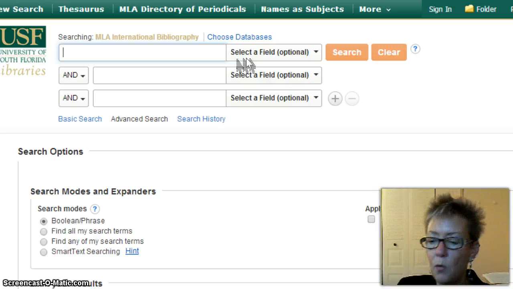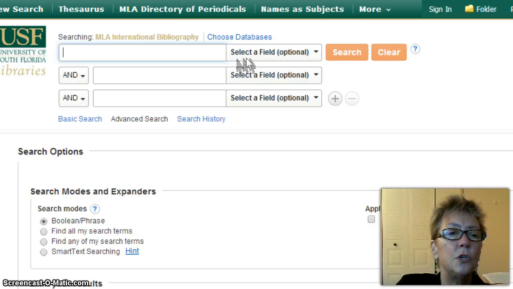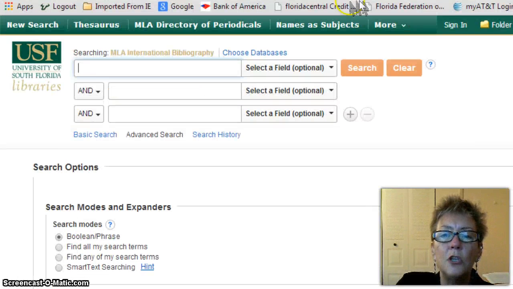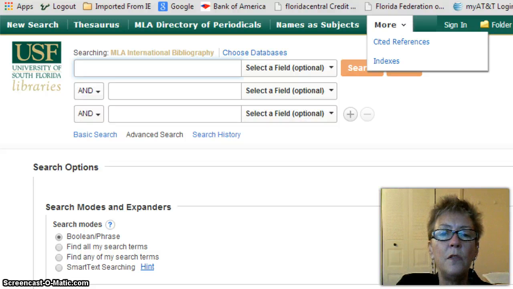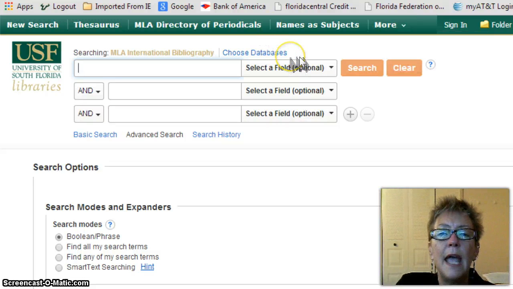But we're not going to search right away because there are several other features of the database that I want to introduce you to. First of all, notice along the top, New Search, Thesaurus. You can link directly to a thesaurus, MLA Directory of Periodicals, and I'm going to come back to that in just a second, and then some other tools. Notice also further along that top toolbar, you'll see Folder, Preferences, Languages, and New Features, Ask Us, and Help. So all of those are along the top toolbar, and we're going to come back to folders in a subsequent